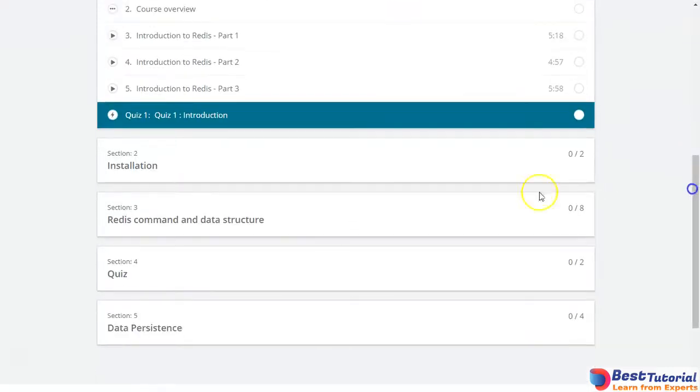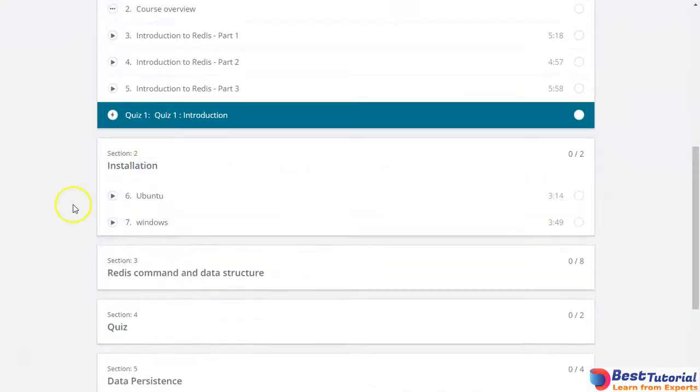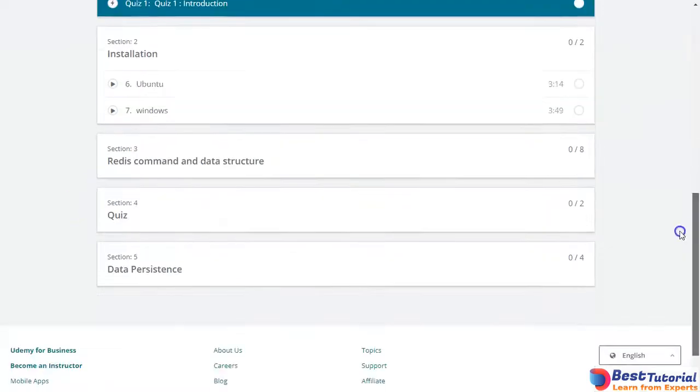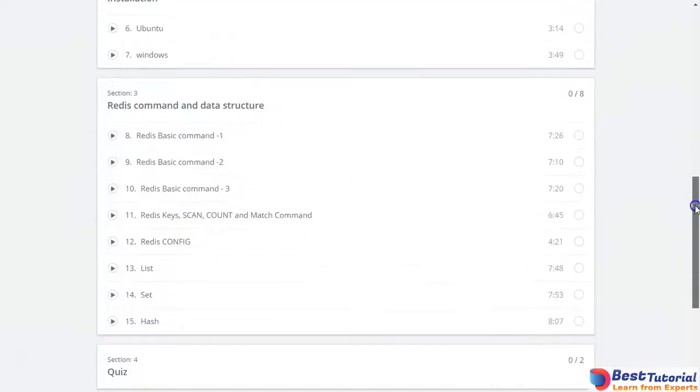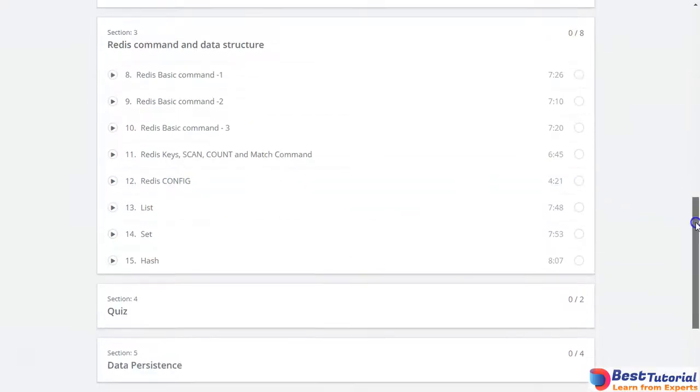In the next section, we'll see how to install Redis on a Unix or Linux based Ubuntu system and a Windows system. Then we'll move to the Redis basic commands, like how to set single or multiple key value pairs, and some more commands like expire, TTL, increment, decrement. We'll see commands like scan, count, match, all the configuration related commands, and how to change the configuration through these commands,